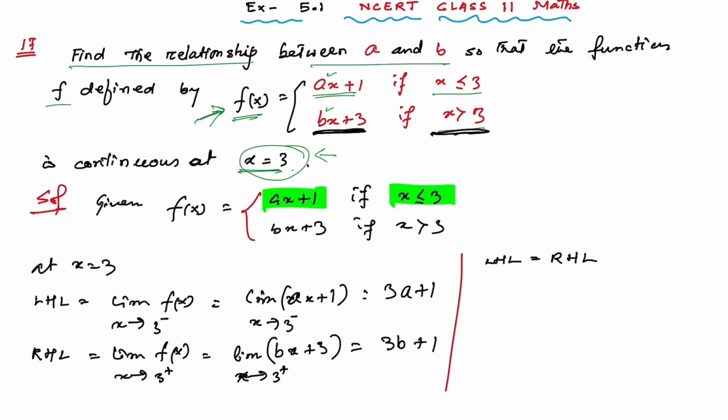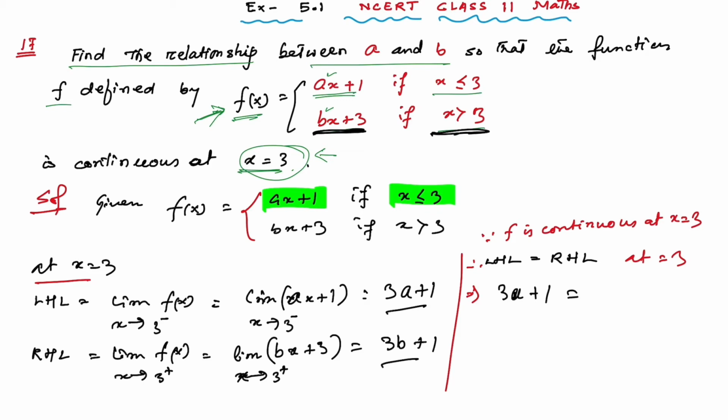Let me write one thing here. Keep it only at this point, x is equal to 3 only. Now write here, since f is continuous at x is equal to 3, therefore left hand limit and right hand limit must be equal at x is equal to 3. So we got left hand limit here thrice a plus 1, and right hand limit we have got thrice b plus